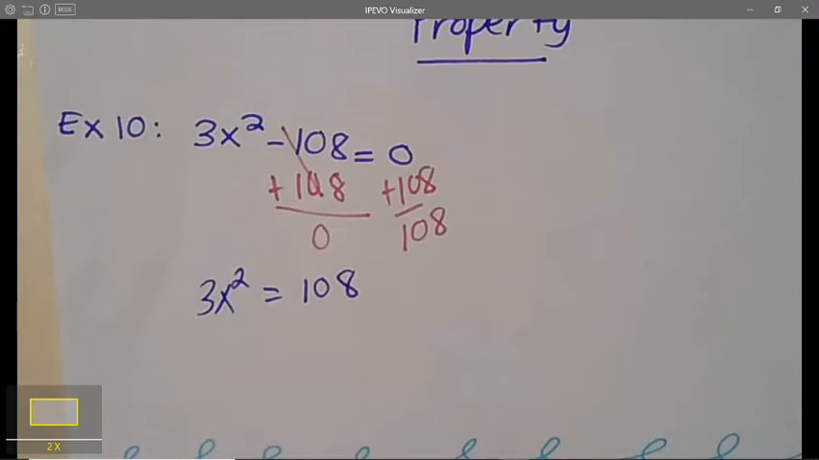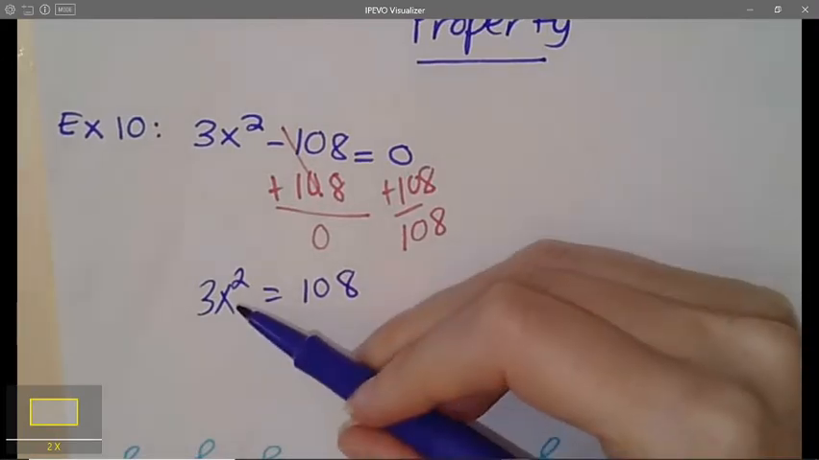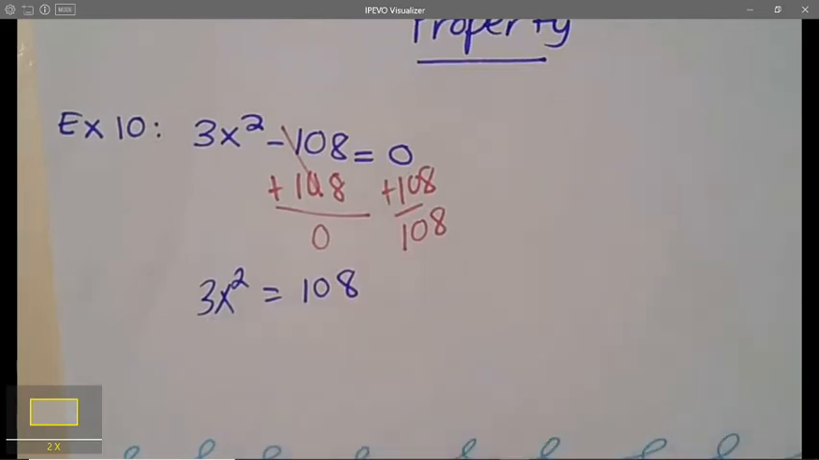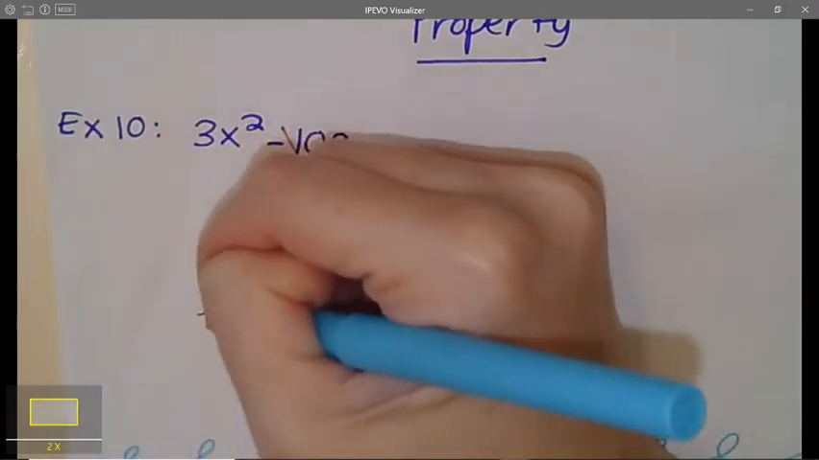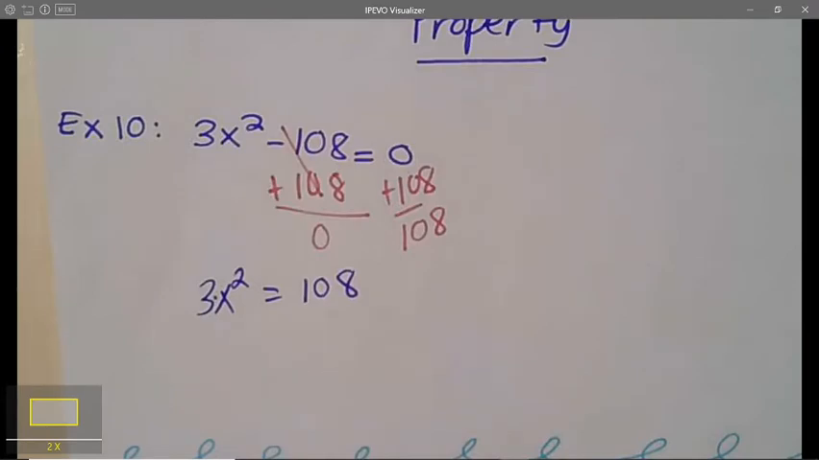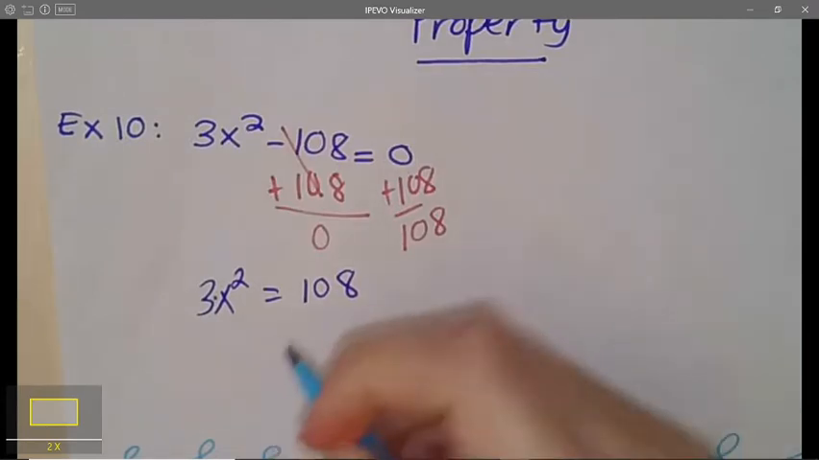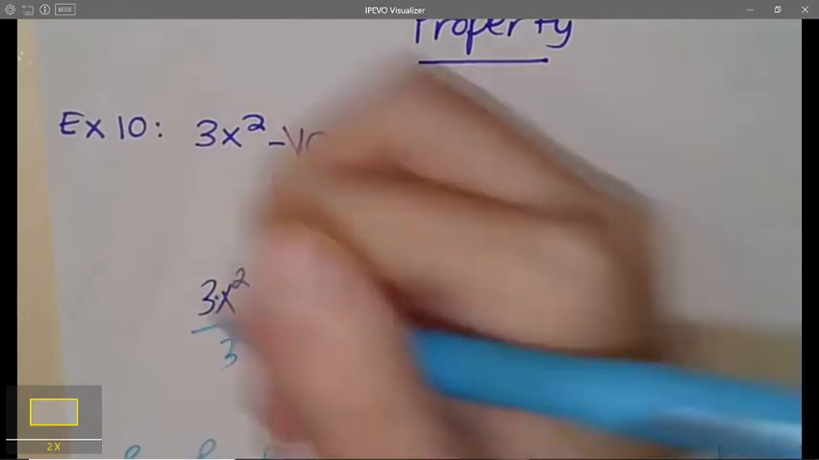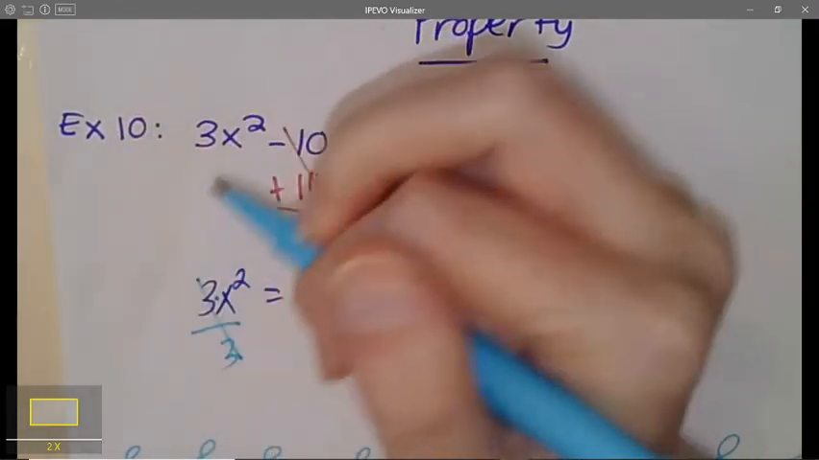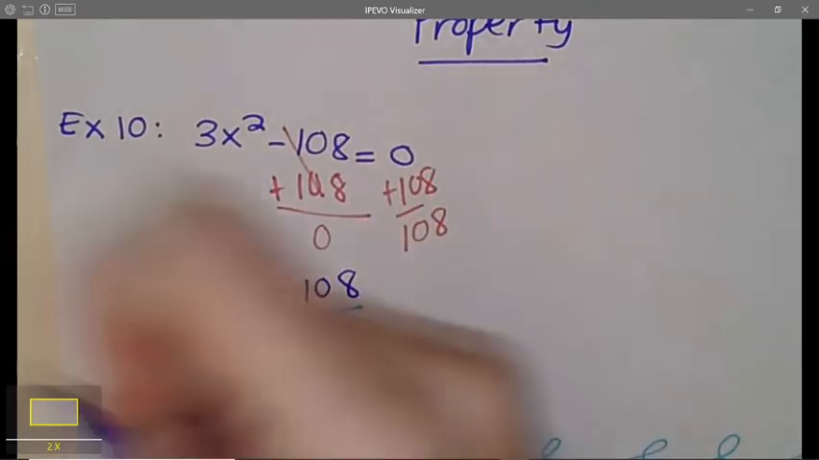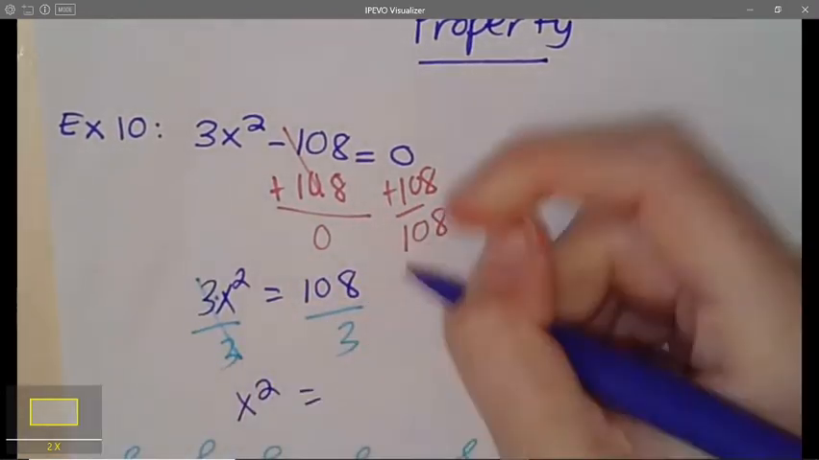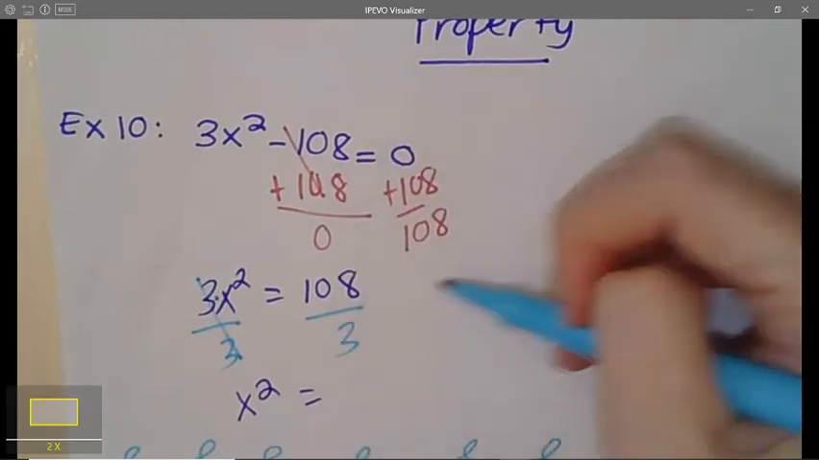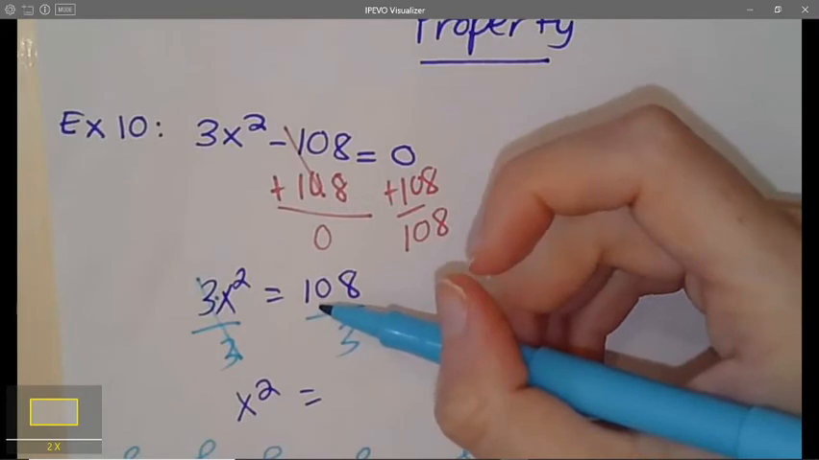Okay, you guys, I'm really close to solving for x, but currently this 3 is in the way. Don't forget, the 3 and the x squared are secretly multiplying. So the way I'm going to move the 3 to the other side is by dividing on both sides. 3 divided by 3 will cancel and turn to 1. So I'm left with x squared equals 108 divided by 3. Let's see, I might be able to do it in my head. So it would be